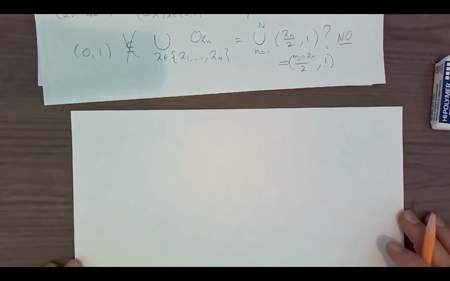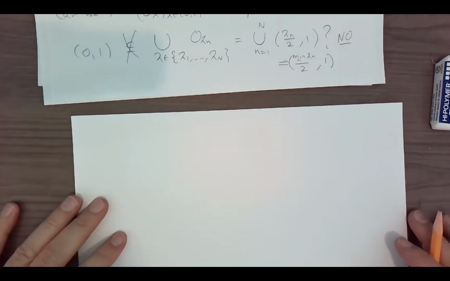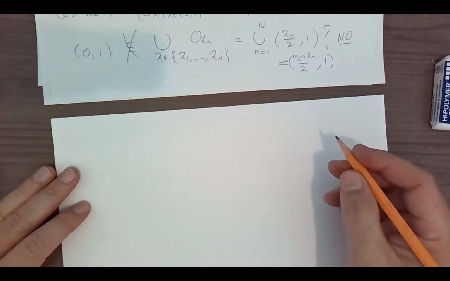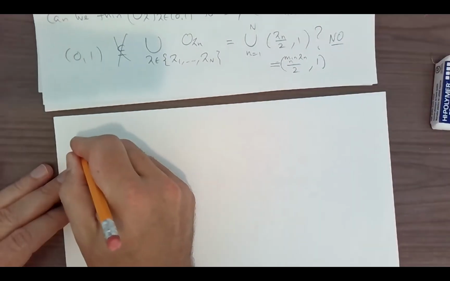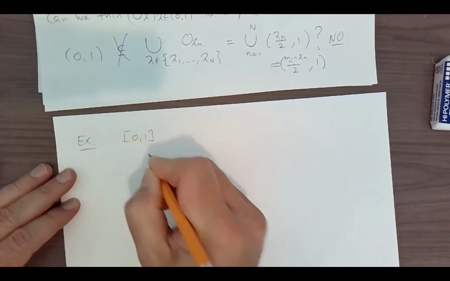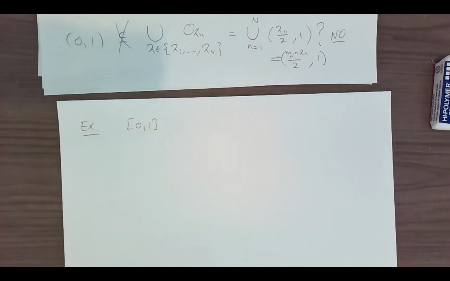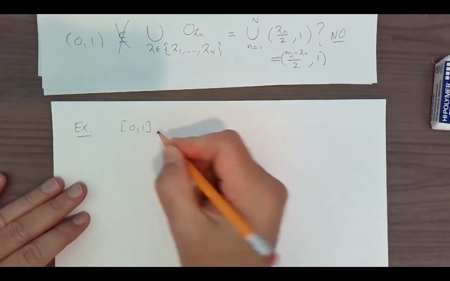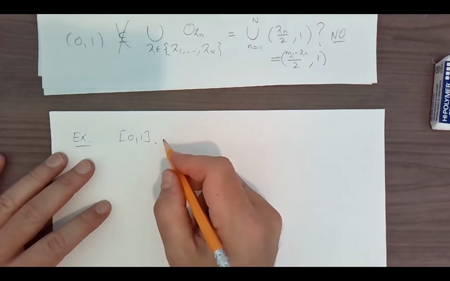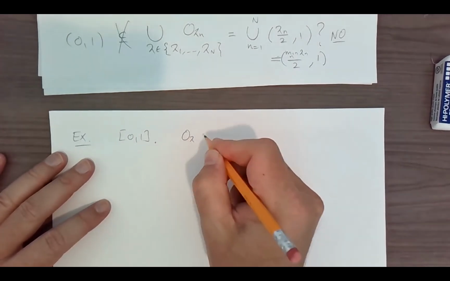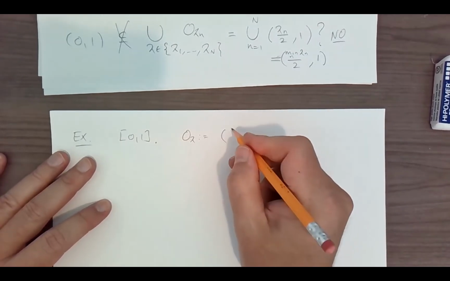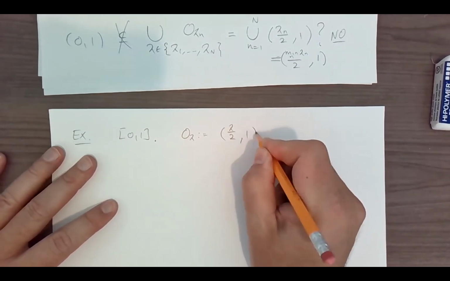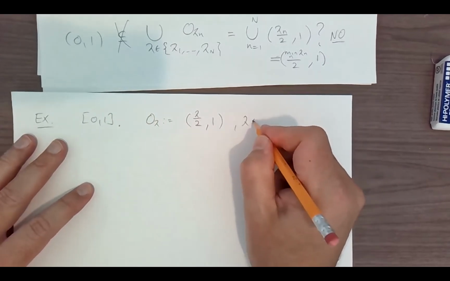Well, let's spend the last few minutes talking about the example where we have compactness. So if we return to the example that is closed and bounded, this one. Now, apparently, any open cover that you can cook up can be thinned out to a finite one. Okay, so let's look at a specific example and see how to thin it. So let's create an open cover. From before we had the O lambdas, these guys, for lambda running between 0 and 1.